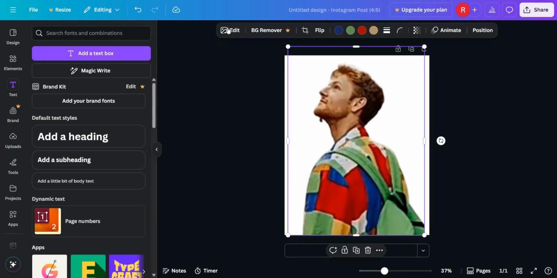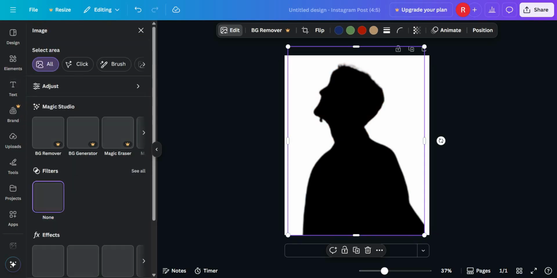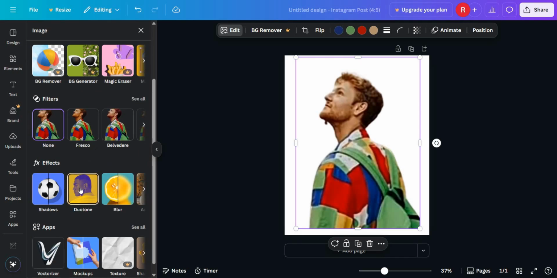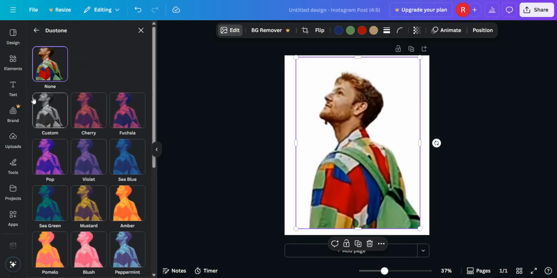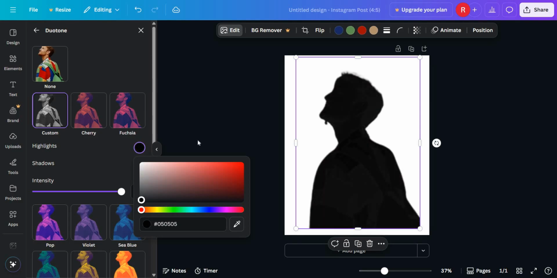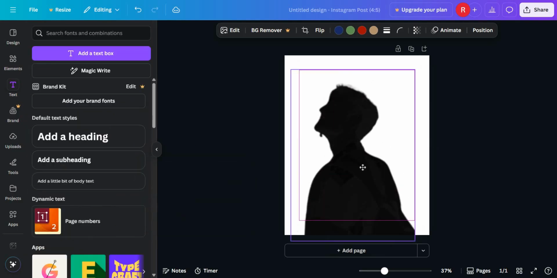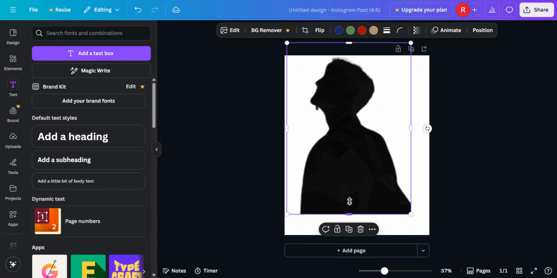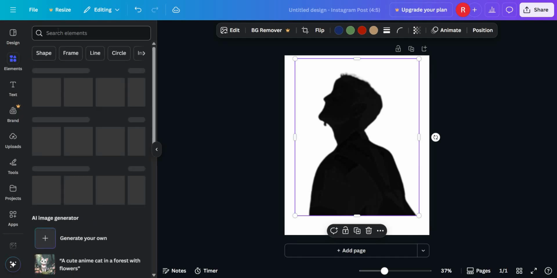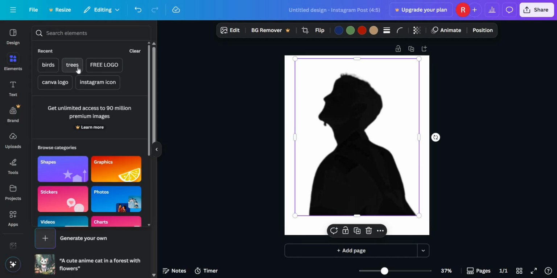Okay, and go to edits, adjust its size, go to edit, duotone and custom, change its color to black. Okay, and let's crop it, adjust its size, go to elements, type trees,